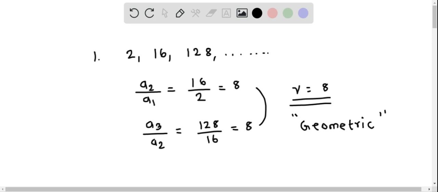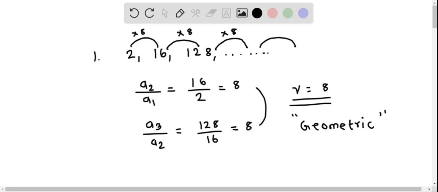Now let's write the next two terms of the geometric sequence. If we can observe, we obtain this 16 when we multiply this 2 with the common ratio 8. That is 2 times 8 is 16, and also we obtain this 128 when we multiply this 16 with this common ratio 8. So likewise, to get the next two numbers, we have to multiply the previous number with 8,